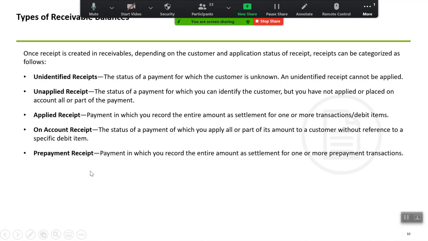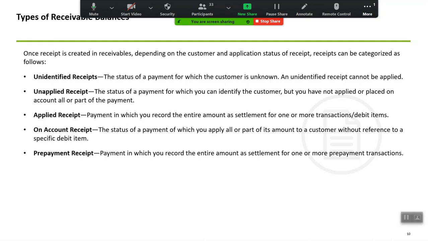And the fourth one is on account receipt, which says the status of payment on which you apply all or part of its amount to a customer without reference to a specific debit item. Now, it could happen that I'm currently not wanting to apply it on a particular invoice.